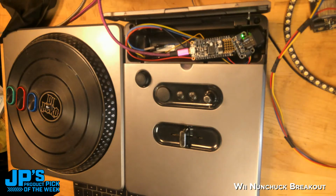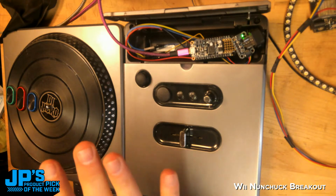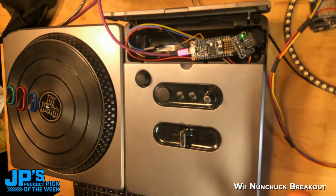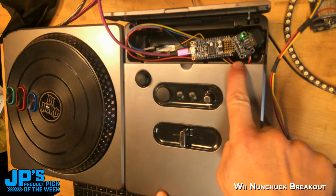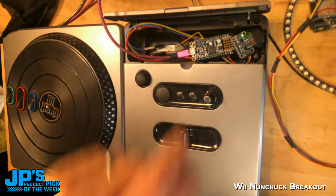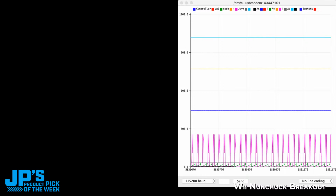And I want to show you here, I've got the Turntable Controller. So this is a DJ Hero controller. You could get these with 1 or 2 turntables connected to the little mixer. And you can see here I've got my little Stemma QT Wii Nunchuck Breakout plugged into the controller's I2C port. And then I have a little Feather M0 Express here. And what I'm going to do is actually show you in Arduino's plotter,